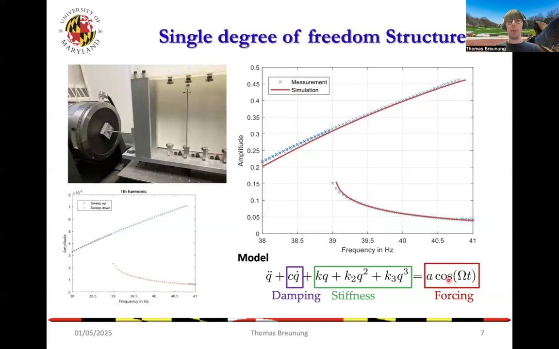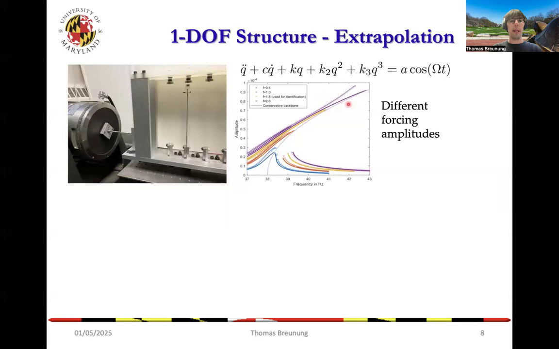So what else can I do with these equations of motion? Given you have now taken your mechanical system, and I've identified it, most likely the environment you put the mechanical system in is not going to be the same as you tested in. So we're going to put our mechanical system now in different environments. And one way could be, for example, by varying the forcing amplitude. So now I still have the forcing supplied by the shaker here, but I supply different amplitudes,